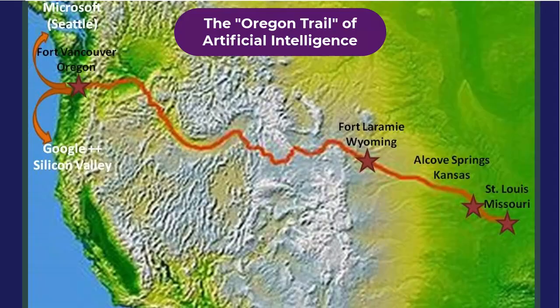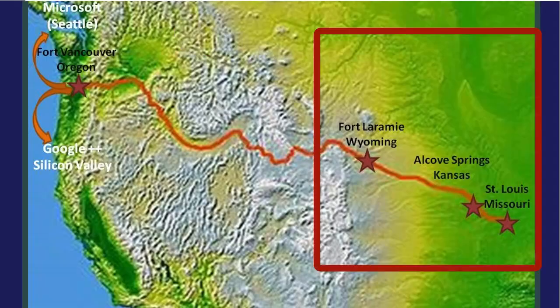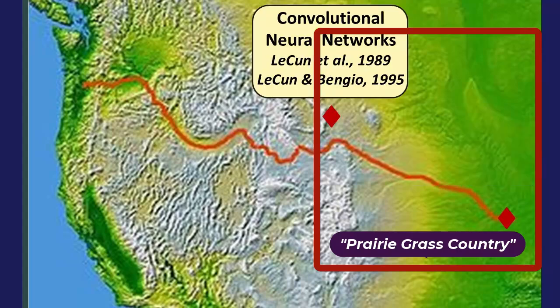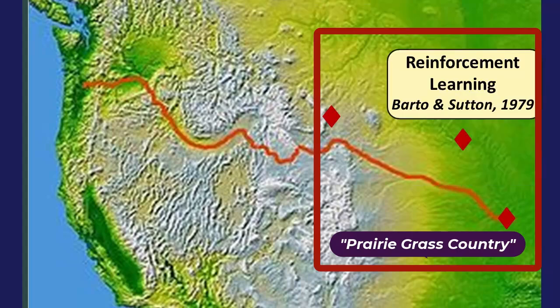The other thing is that it really shifts our notion of AI education. There are a lot of educational offerings right now that are just broad. Introduce what I call the Oregon Trail of AI. There's a wealth of offerings at the prairie grass level, the simple things: backpropagation, CNNs, even reinforcement learning. They all belong there. They were all invented in the same era. Generative methods are more complex.